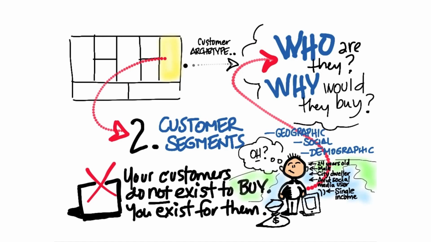So that's why we spend all this time talking about customers and customer segments. One of the things you'll also see later in this lecture is that you might actually have multiple customer segments. That is, different types of customers all interested in your product. They might be male, 18 through 24, live in urban areas, but you might also have women who live in the countryside, 45 to 55 in some cases, also interested.